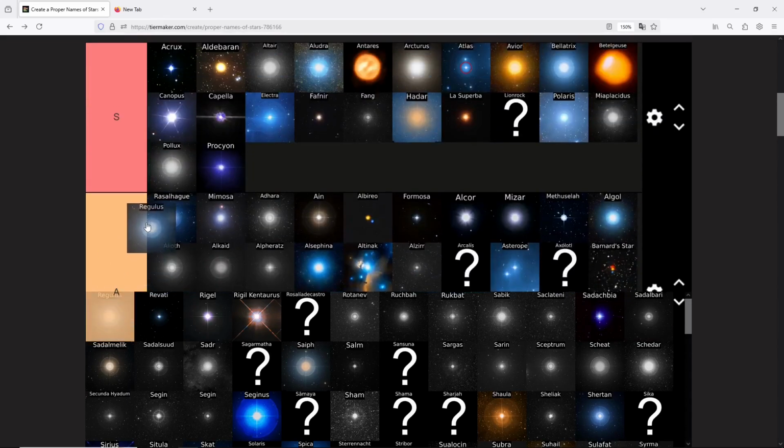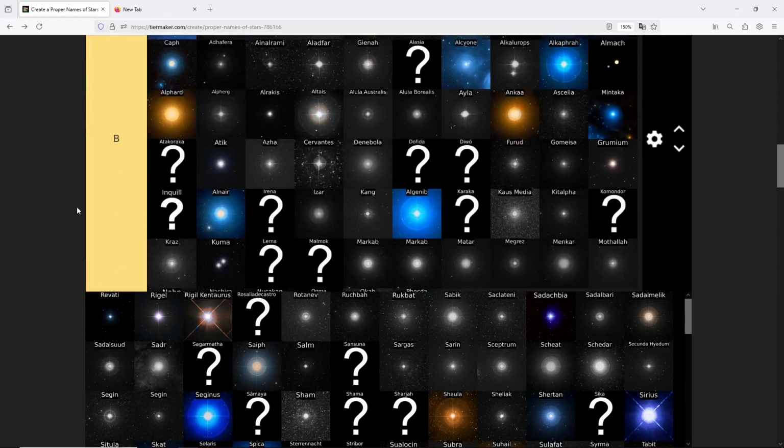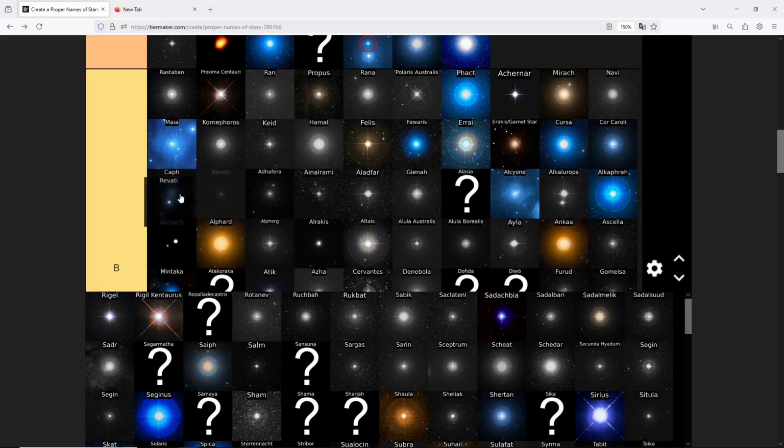Regulus is a high A from me. Ravati, that is solidly in B tier, I think. Rigel,